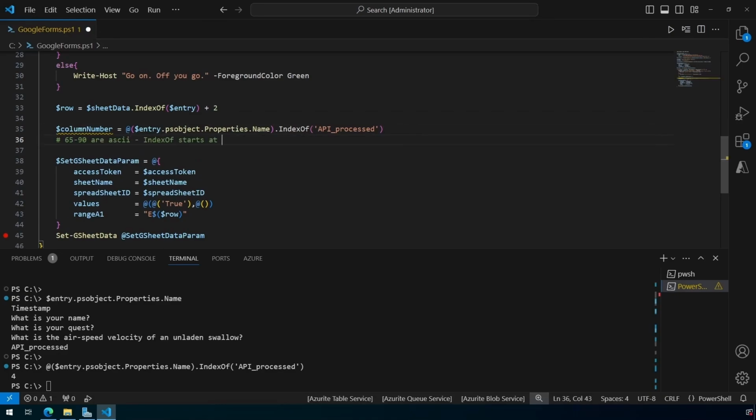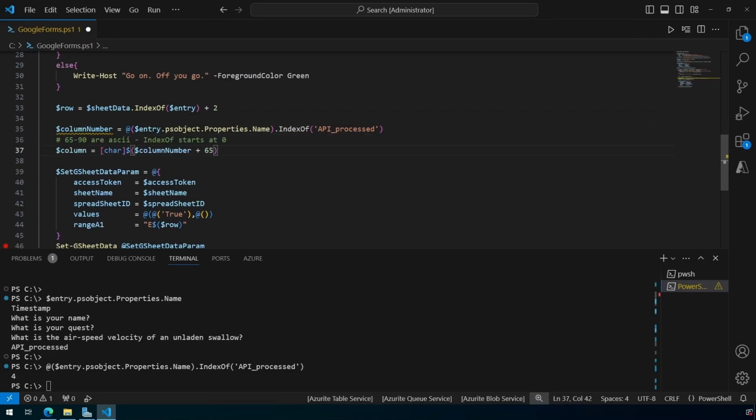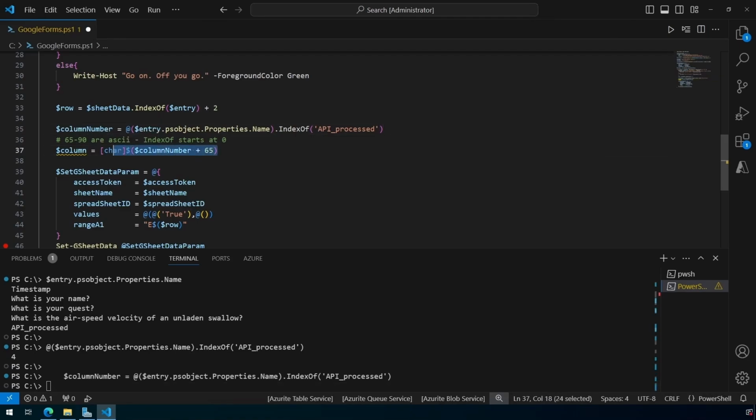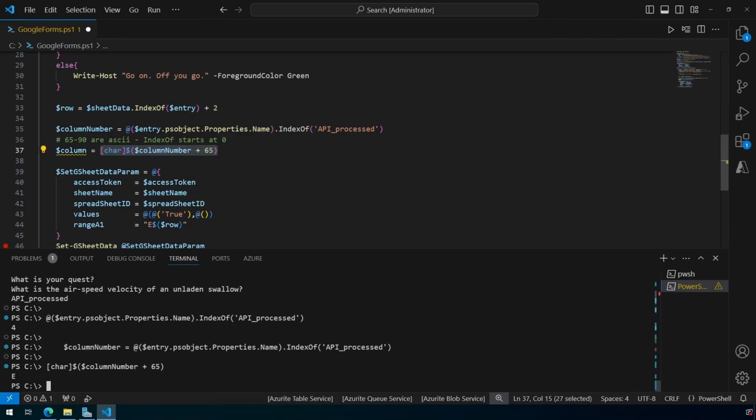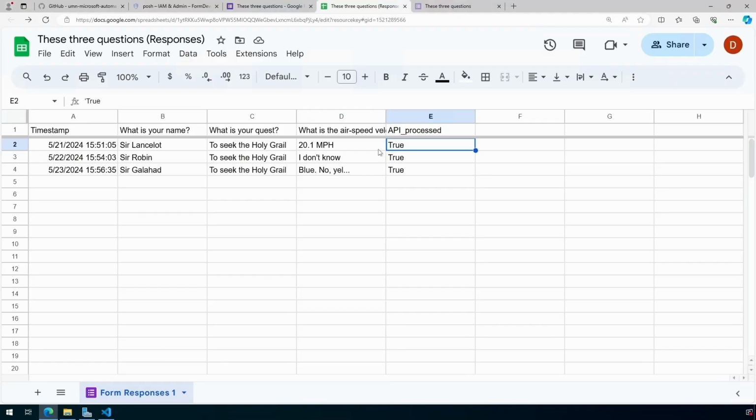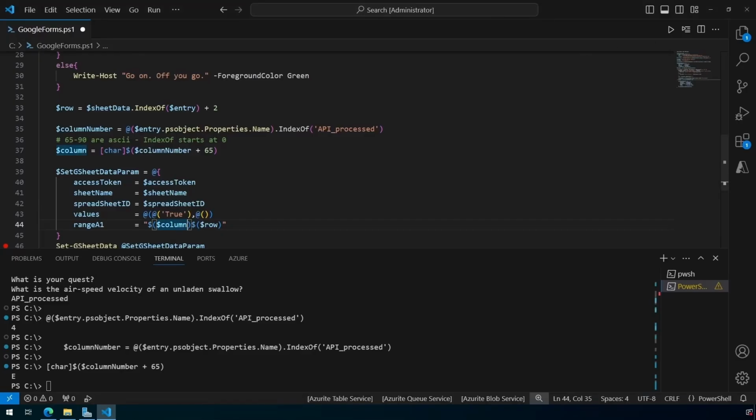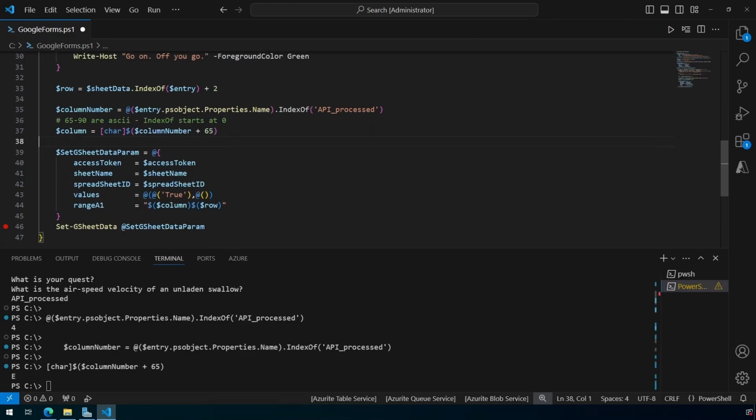So ASCII 65 through 90 is A through Z. All right, so now what we can do is calculate our column number and then add that 65 to it, and now we have our column letter. So if I add this down here, and I go ahead and remove those, so now when I run this again,